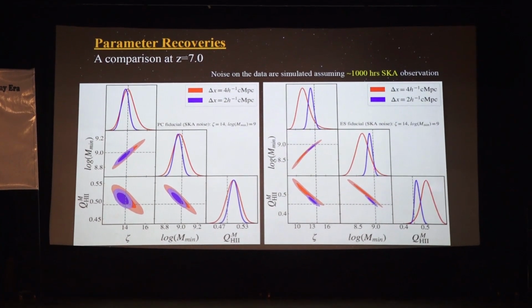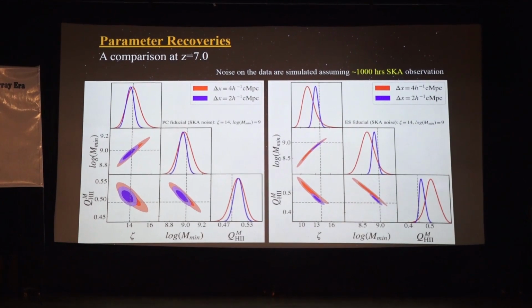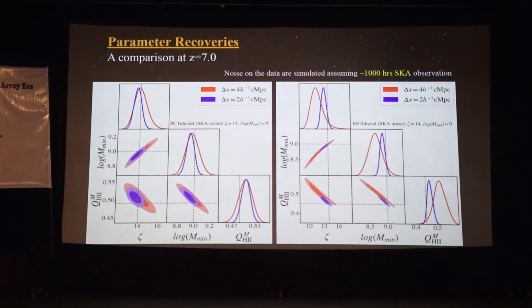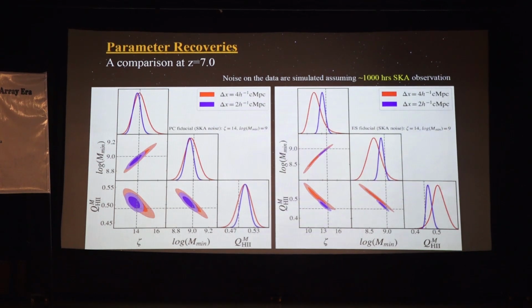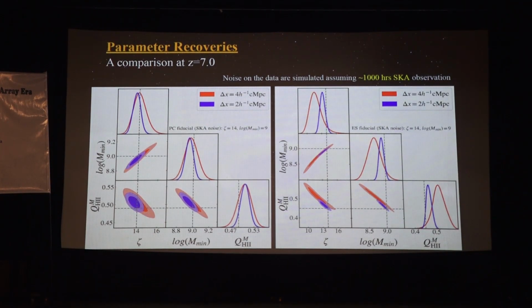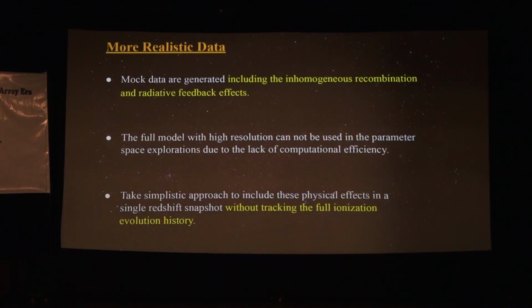red curves, are not providing good results. And this can be the effect of photon number non-conservation. So with a realistic noise of 1000 hours of observation of SKA, the excursion set based models can provide inaccurate interpretation. And next I move to the most realistic data, including inhomogeneous recombination and feedback, but unfortunately the full model